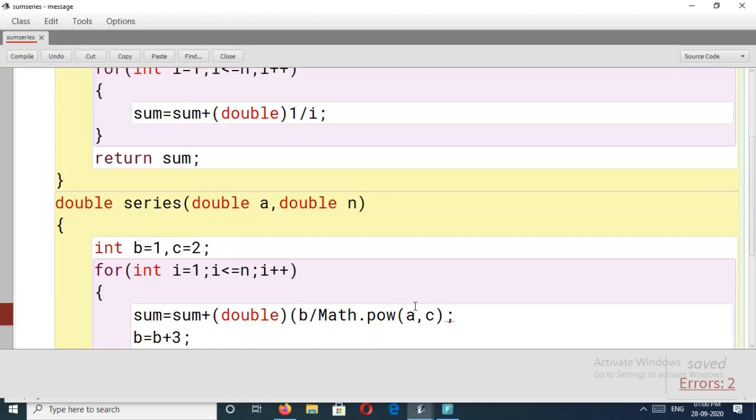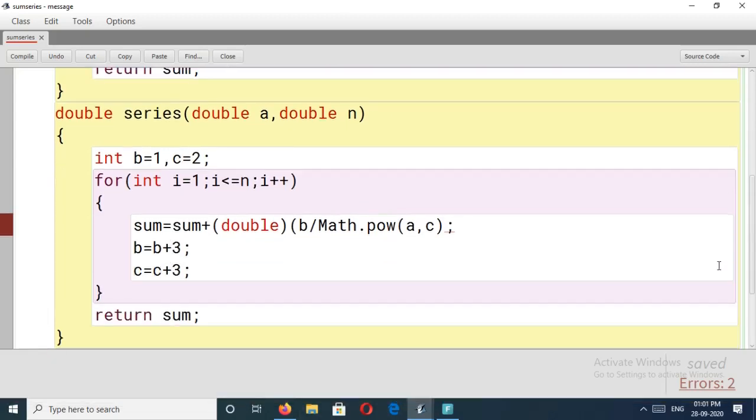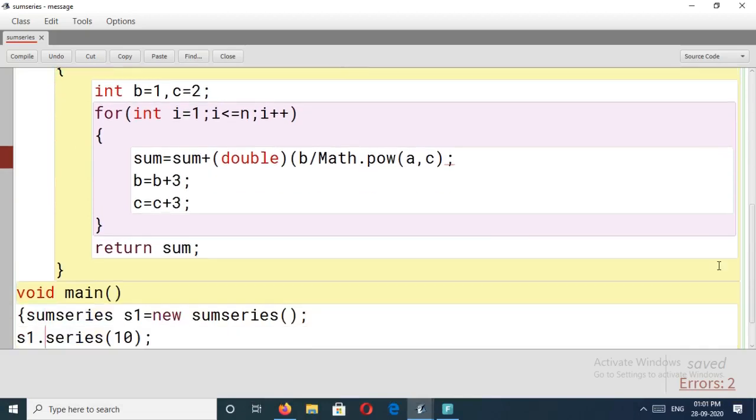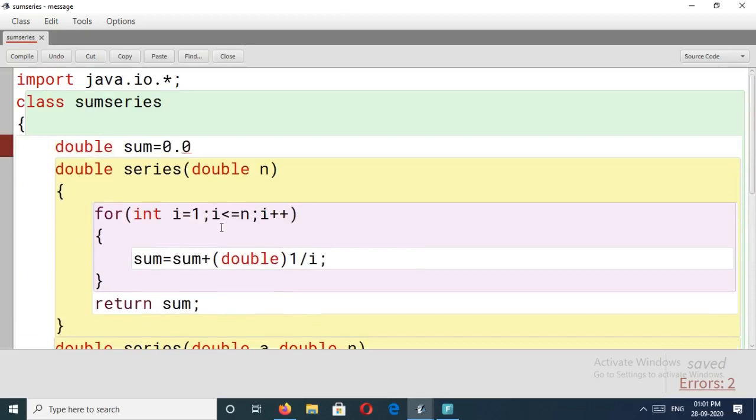Here we are using one Math.pow because we have to find the power of one number, and after that give the values to be incremented, then write the return statement again. You may close the brackets. Otherwise, if you want, you can write this main function also. This is the way we can create this function overloading problem.